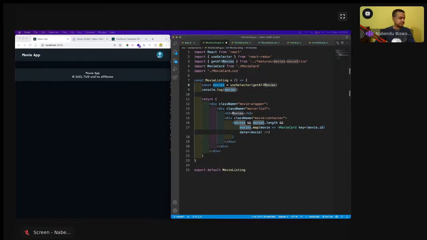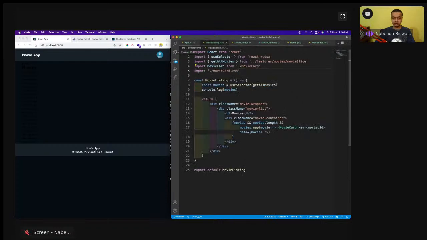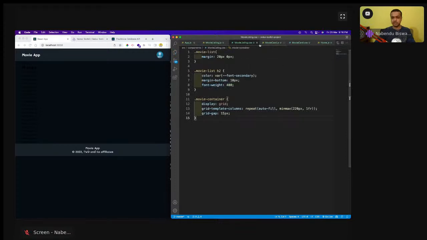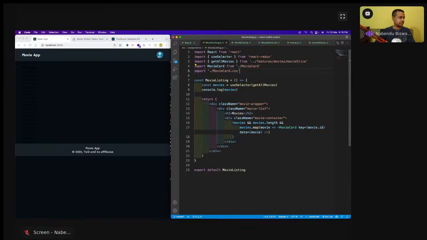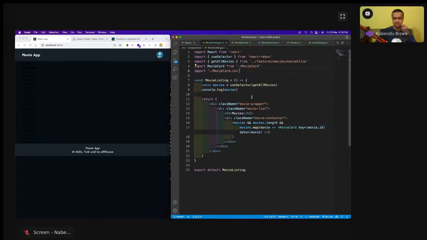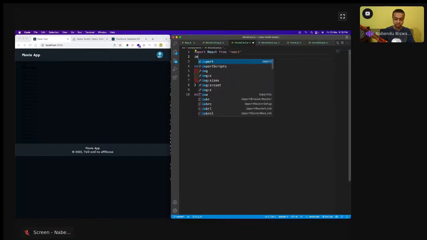And then let us also have some CSS here, so that it doesn't fail. So the CSS is movieListing.css. I'm going to save it, and then I'm going to go to the movie card now. So movie card will be completely static. It will be getting this thing as props, so I will get this as props, and I have to show it. I also have to import